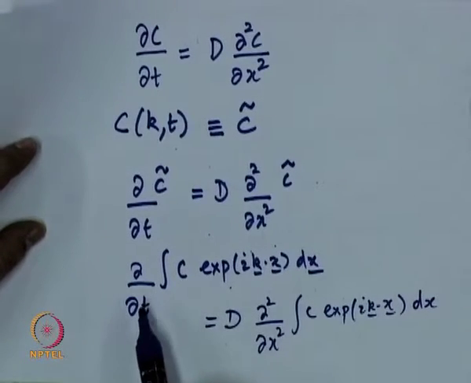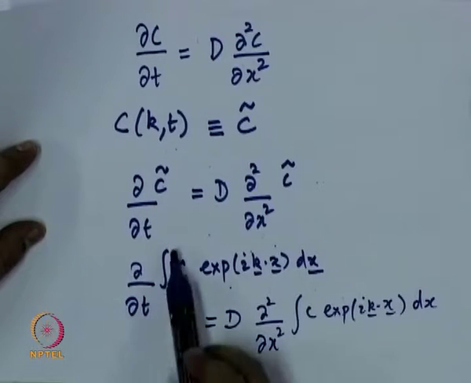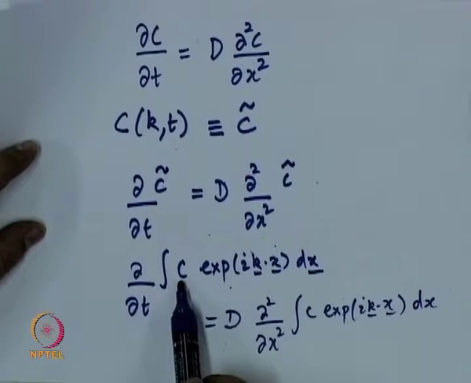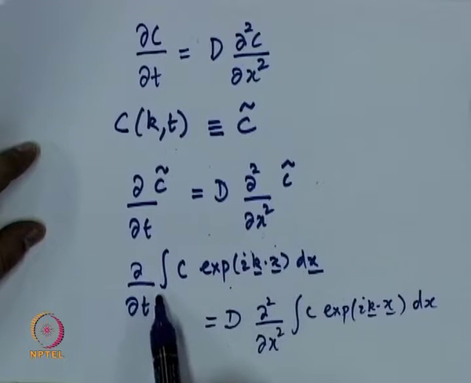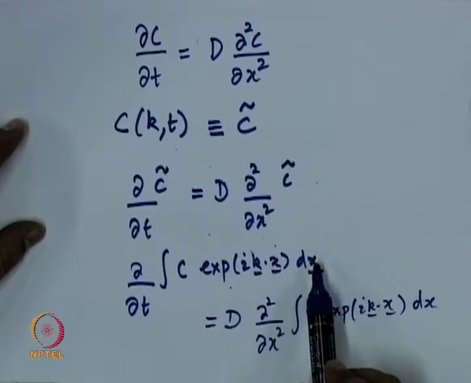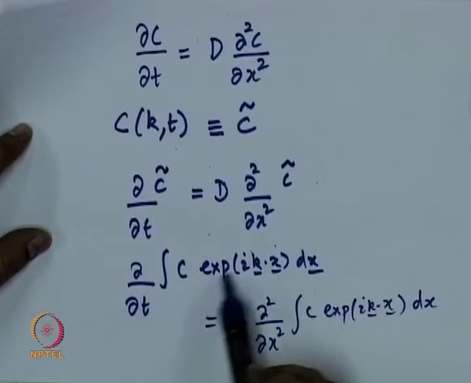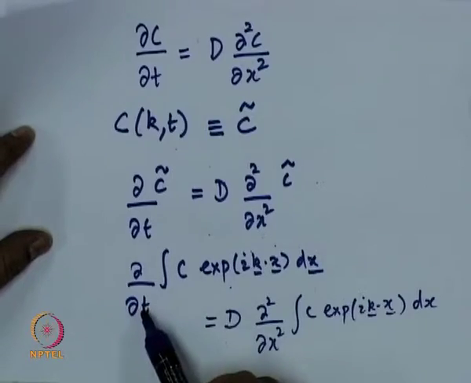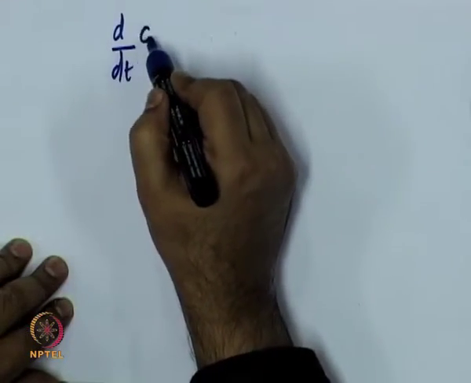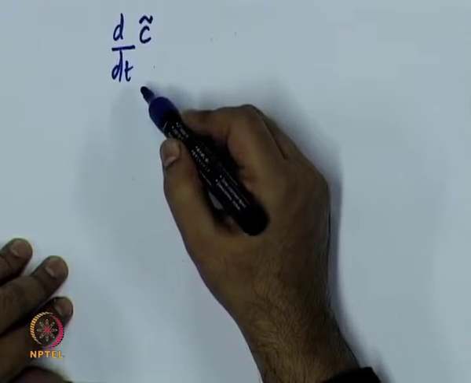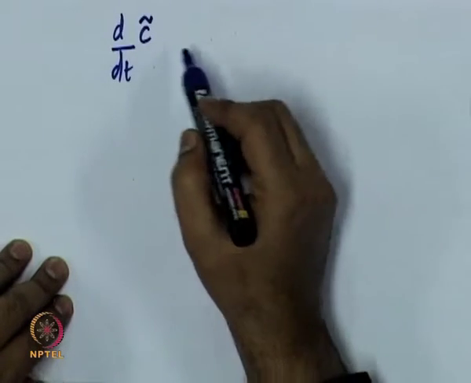Now you can interchange these two operators, there is ∂/∂t, there is the integral. So I am going to take ∂/∂t inside. If you take this operator, it will just pass through this entire thing, because nothing here is a function of t except for C. So the entire integral will give C of k comma t, and that is the only time dependence. So the partial derivative in that case becomes an ordinary derivative. So you have d/dt of C tilde, right, because nothing else is happening there,